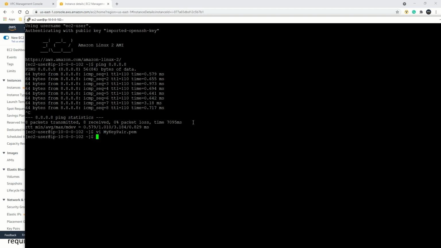Let's see if I'm able to connect to my EC2 instance in the private subnet, using -i with my key pair.